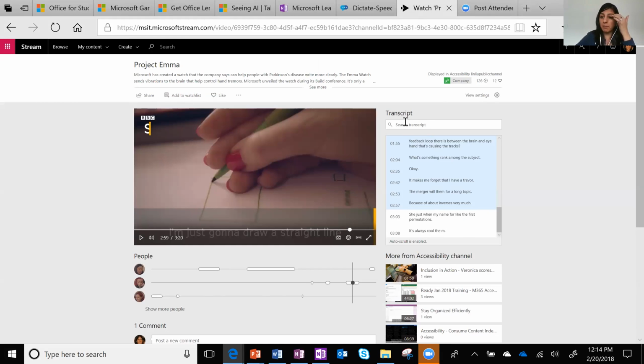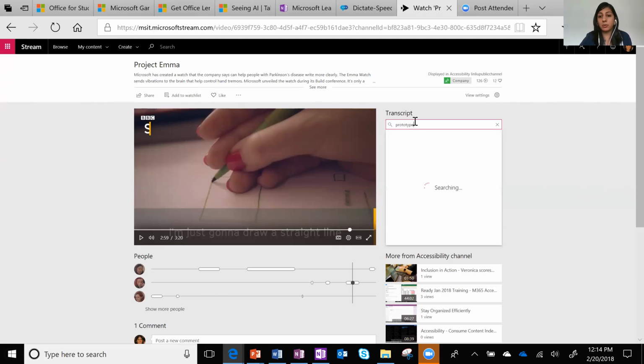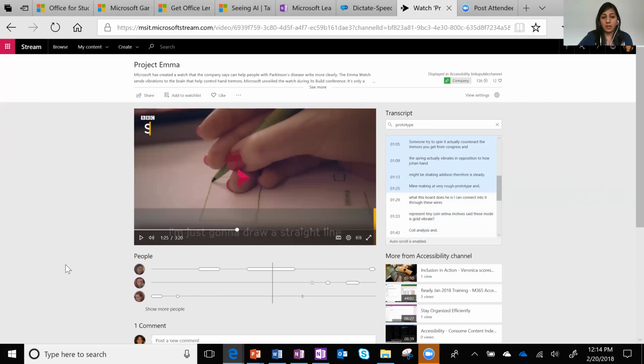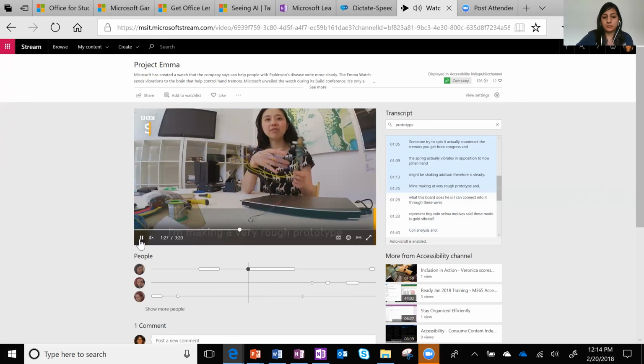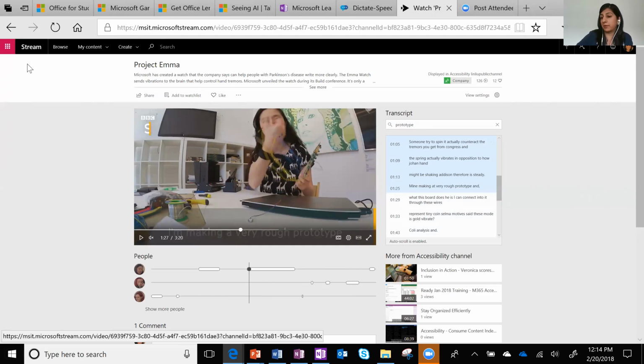So this is an example of the captions that are crucial for people with hearing impairments, but beneficial for everyone. For example, if I just wanted to search and skip to a certain section of this video, I could search by keyword and then play that part of the video. So it's a neat benefit. I get captions for free, and I'm able to search the transcript. So it's part of the Microsoft Stream service right now in English and Spanish.